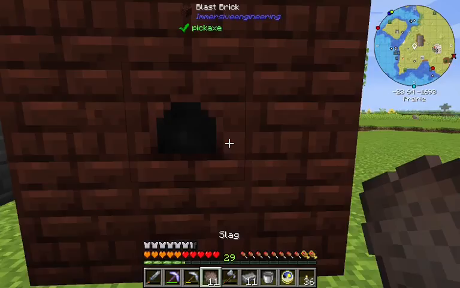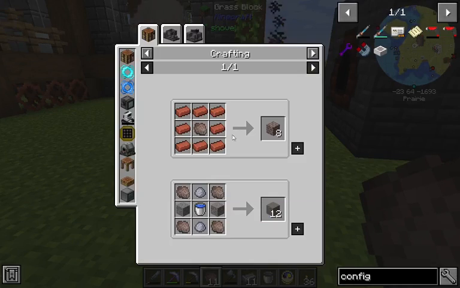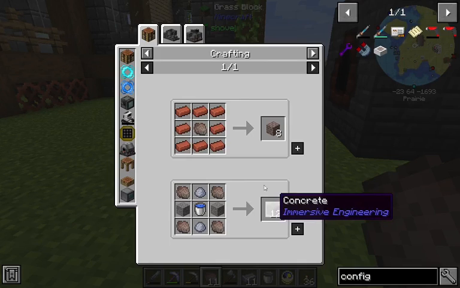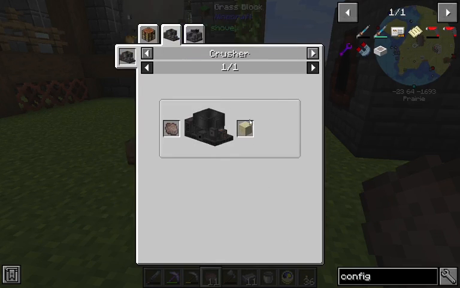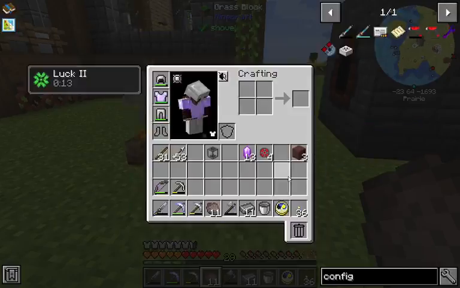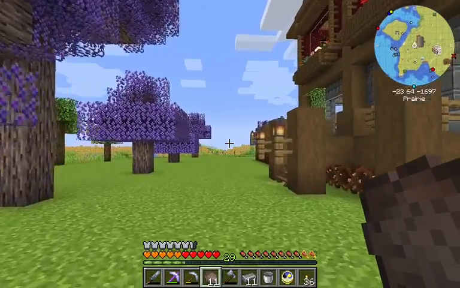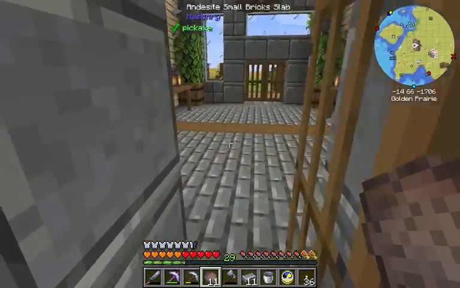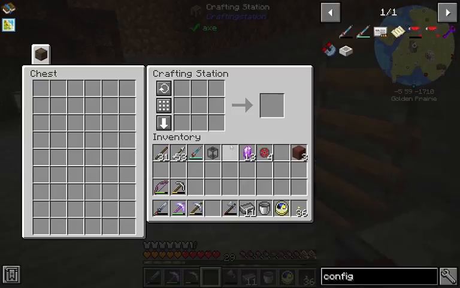Now you do get this slag stuff, which you can make some bricks out of. You can make concrete out of it, just the Immersive Engineering concrete. Get sand out of a crusher, you can get liquid concrete. It's mostly just a thing you get a lot of, and you think about avoiding, that sort of thing. So we'll go ahead and we'll make our